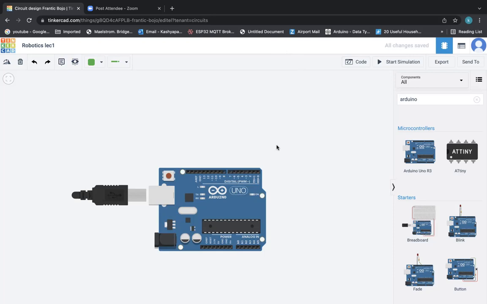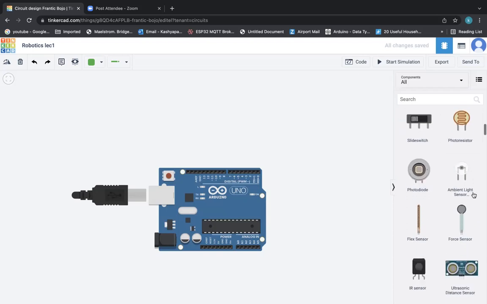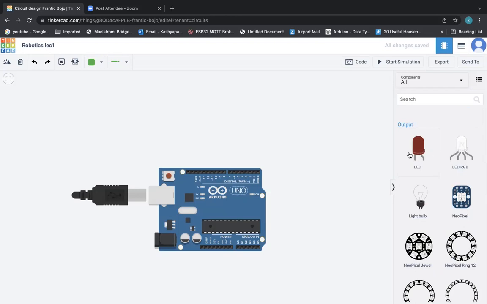Brilliant. Right. So then we are going to get an LED. So cancel this off, because we are going to connect an LED, and we're going to blink the LED. So for that, we need to find an LED. So I'm scrolling down. You also can scroll down and find an LED. So here you can see under outputs, there's an LED. So this is what we're going to use. And you only see the color red here. You drag and drop it here.